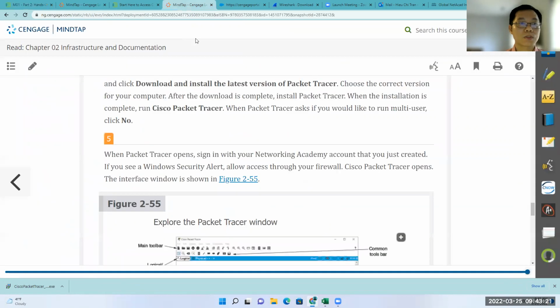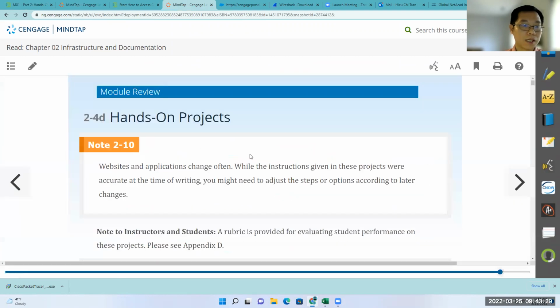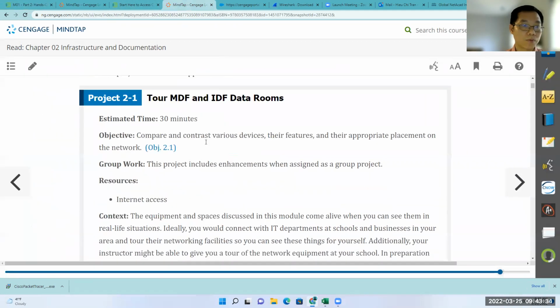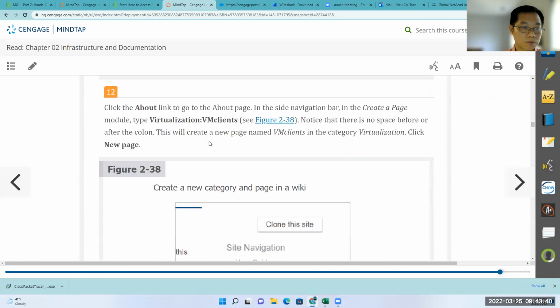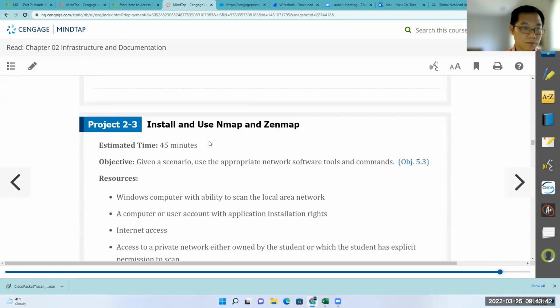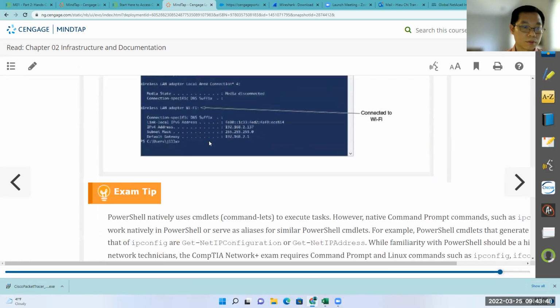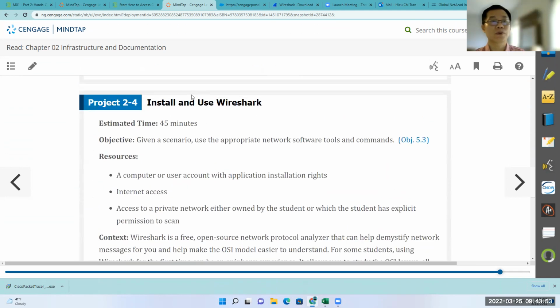So again, you know that this one is under Chapter 2, and you go to the hands-on project here. You have 2.4, not 1, not 2, not 3. Here is the 4, and you have to follow the instructions in Hands-on Project 2.4